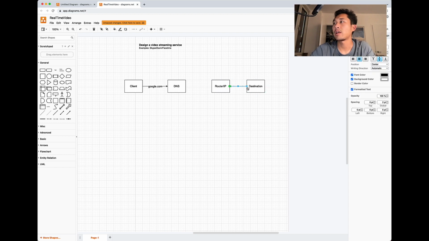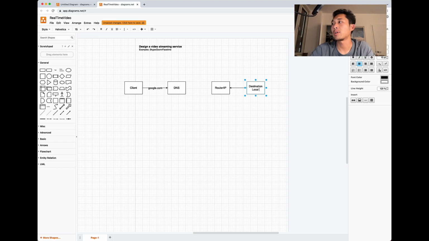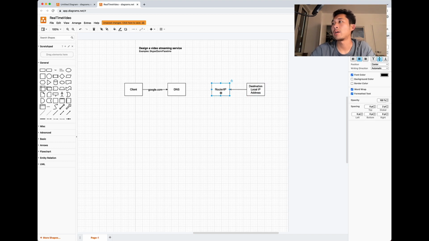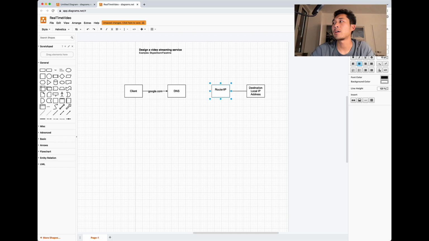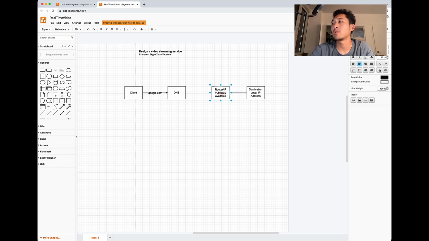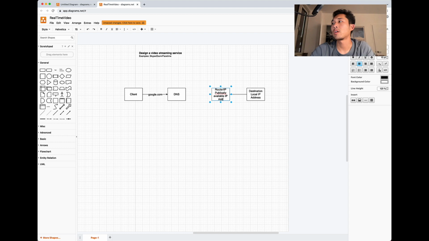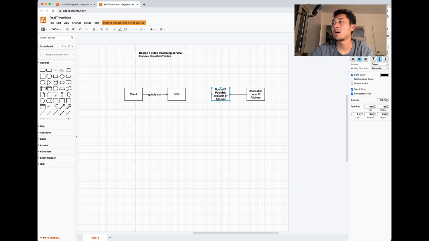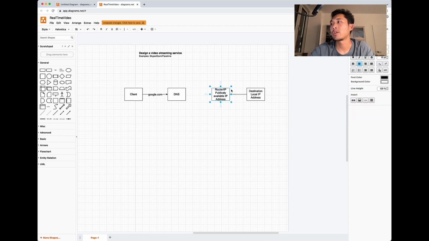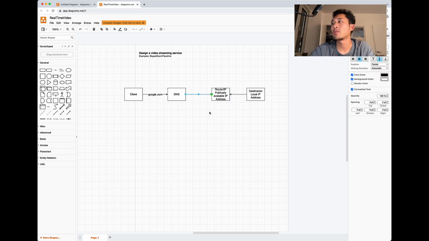The destination has a local IP address, while the router has the publicly available IP address. So then this gives another problem of subnets and port and routing, which is a whole other mess to deal with. So it would be actually very hard to establish a direct link to the destination.